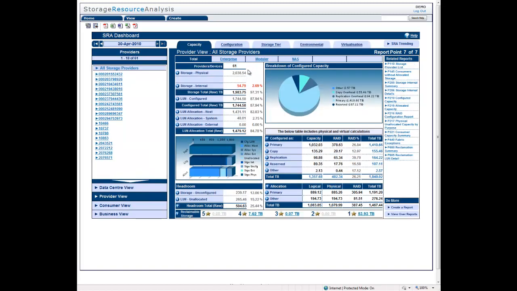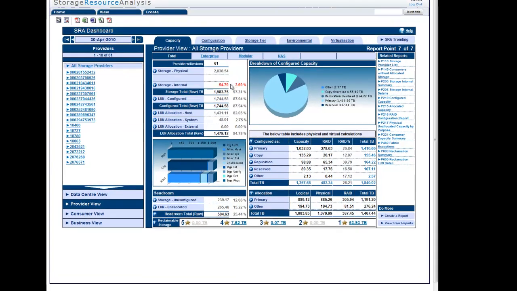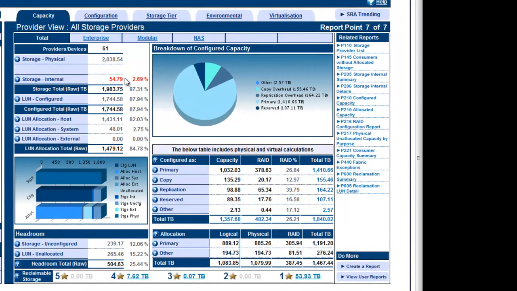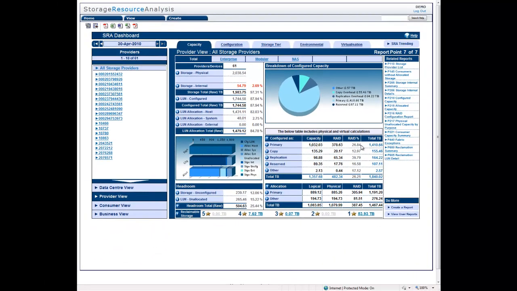The capacity page allows us to view how much physical storage we have in the storage estate, including how much is lost due to formatting losses or spare disks, how much physical storage is then remaining that can be configured as LUNs, and how much of the configured storage is then allocated. By using these metrics, storage resource analysis can then calculate how much headroom is available within the storage estate. On the right hand side of the page we can view how that storage is configured, including the RAID overhead